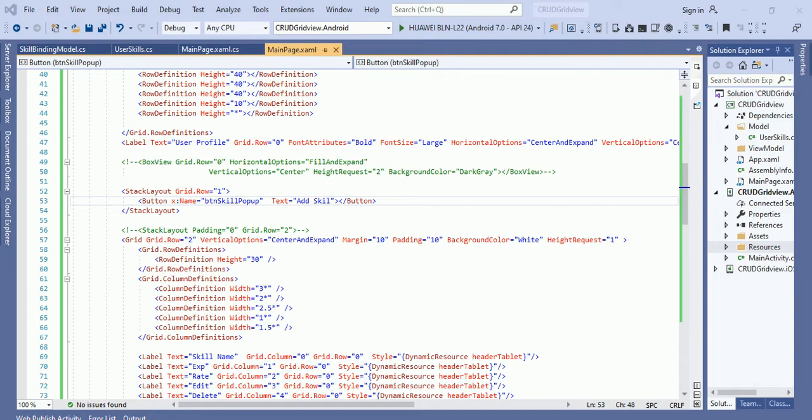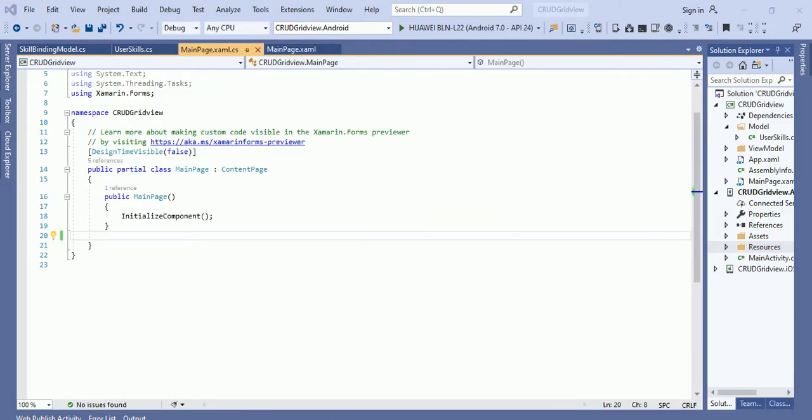So I will add an event handler over here. Okay, now go in the backend and create the event handler. In the backend, I will add the add skill event handler over here.